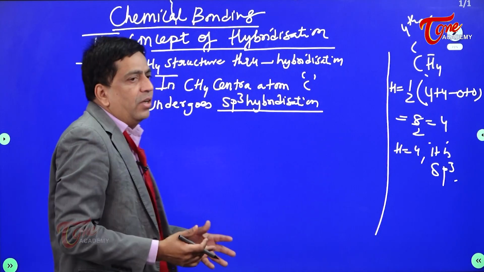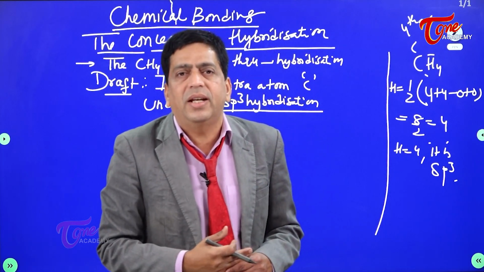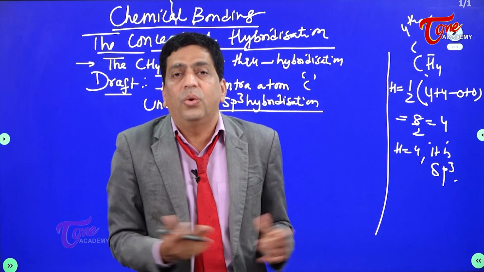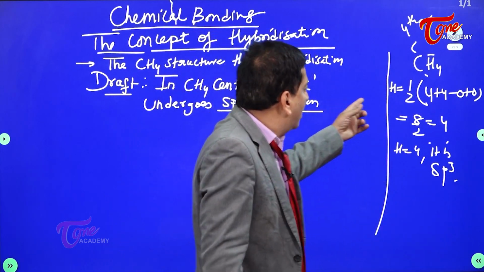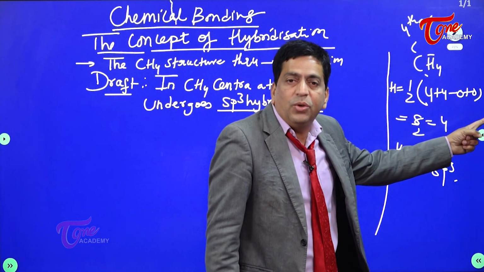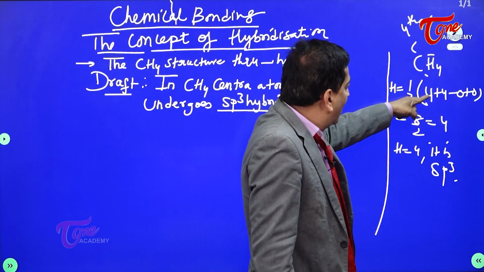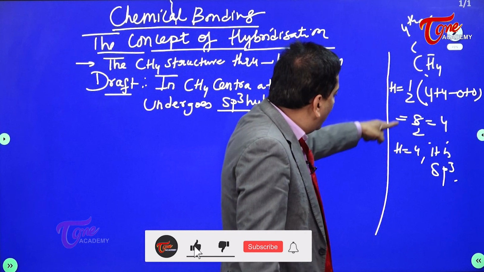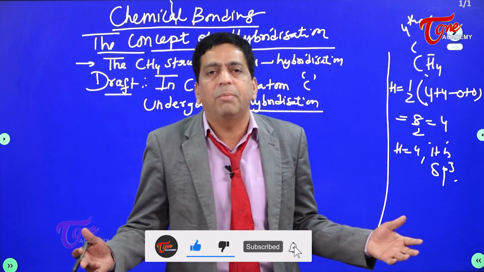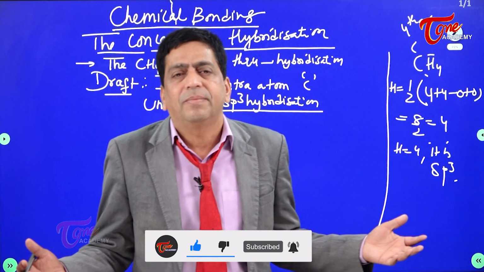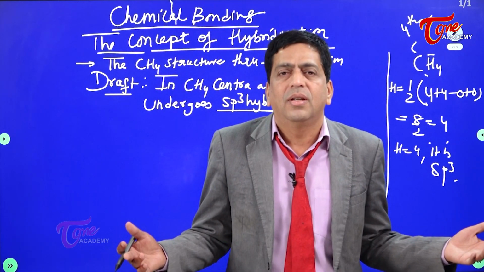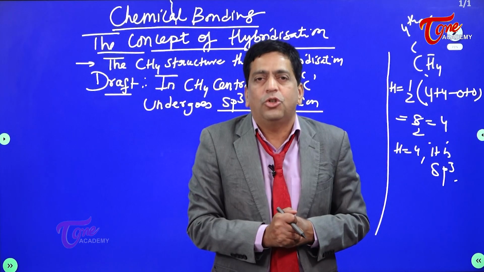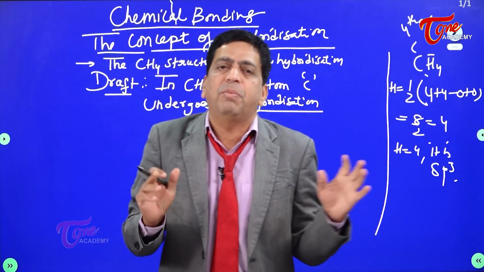It is sp3 hybridization. Now, students who are listening to me get confused. How do you know? Well, you might be knowing. How do we know it's sp3? Then I gave you a formula, which is H is equal to half into V plus M minus C plus A. You can see here, V is 4. Number of hydrogens attached to that carbon is 4. It's not a cation, it's not an anion. So H value is 4. So naturally H is 4. It is sp3. I gave you the list. So no confusion. It is sp3 hybridization. I know, you know. If you don't know, use the formula. The central atom, carbon, undergoes sp3 hybridization.